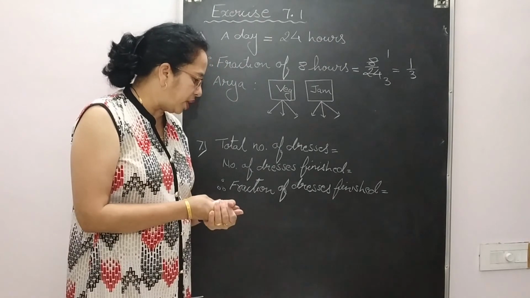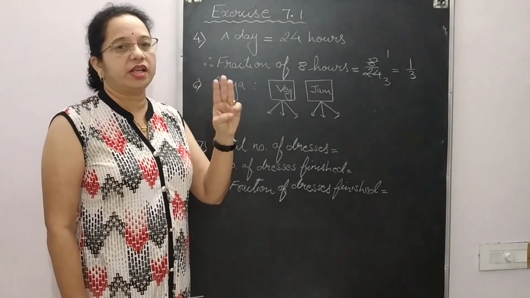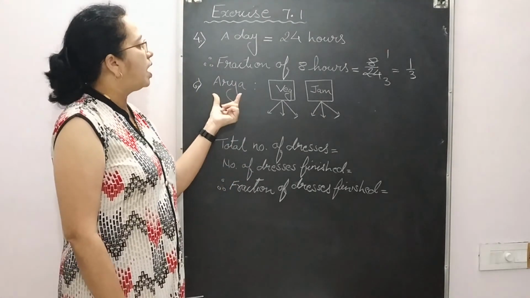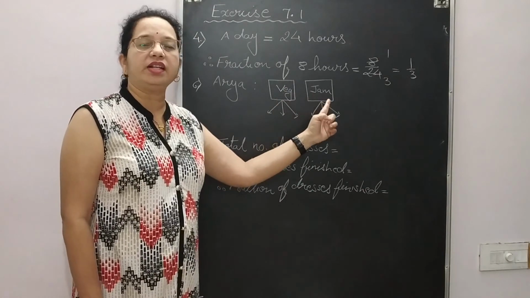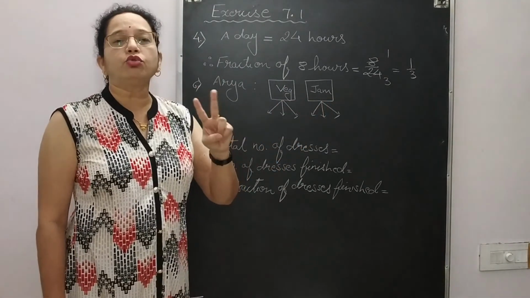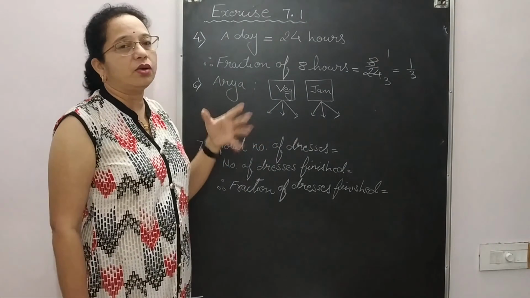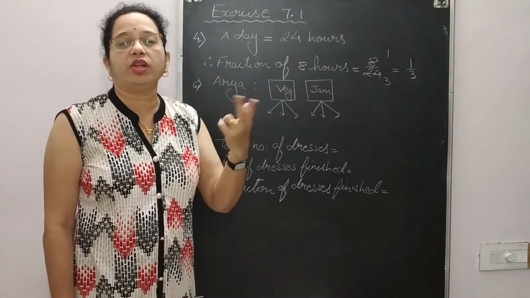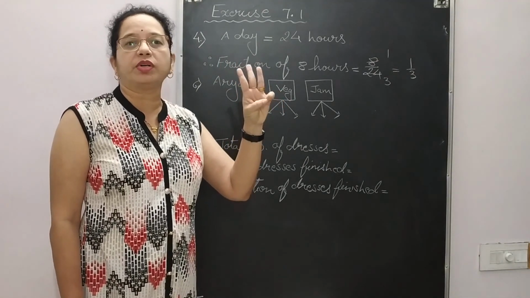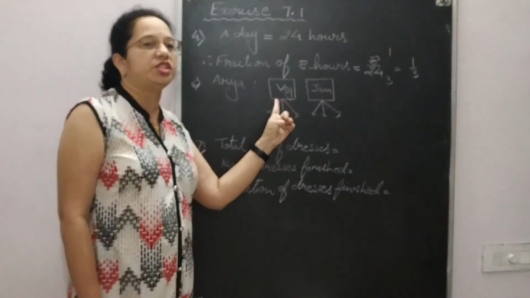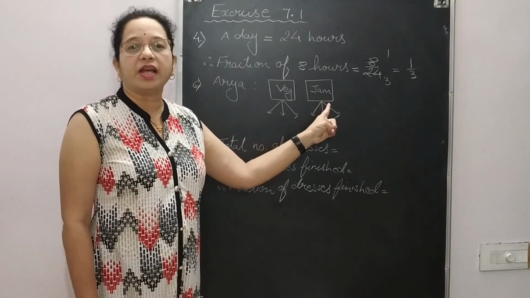Arya, Abhimanyu and Vivek, these are the three friends. They are sharing their tiffin. Arya has brought two types of sandwiches, vegetable sandwich and jam sandwich. And two friends forgot to bring their tiffin. Then Arya said, okay, I will share my tiffin with both of you. So these two friends and Arya, the total number of persons will be 3 to eat the vegetable sandwich. Similarly, 3 persons will eat the jam sandwich.